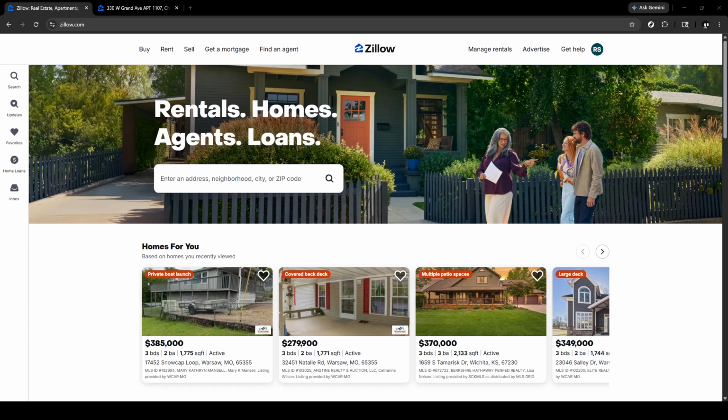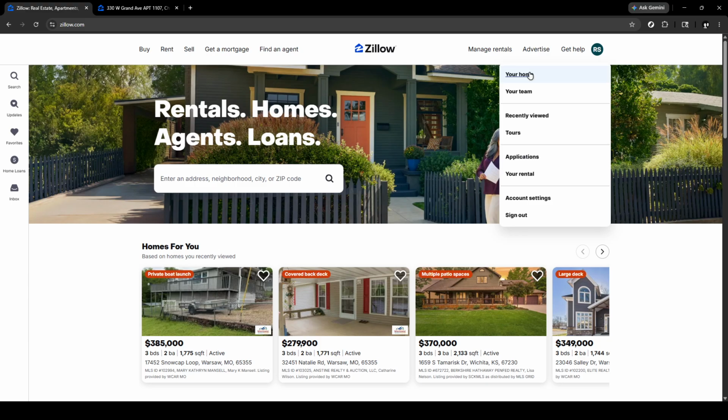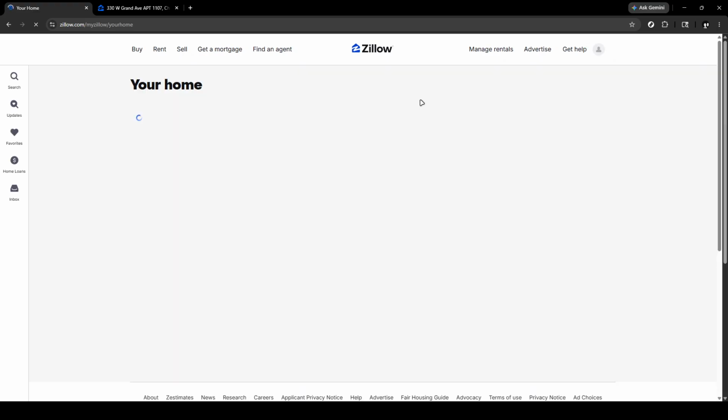In today's video, I'm going to teach you how to remove or update photos on your Zillow listing. 2026 guide. Keeping your listing photos fresh is one of the easiest ways to make your home stand out. If you've remodeled, decluttered, or simply want to improve the order of your gallery, Zillow makes it straightforward to control